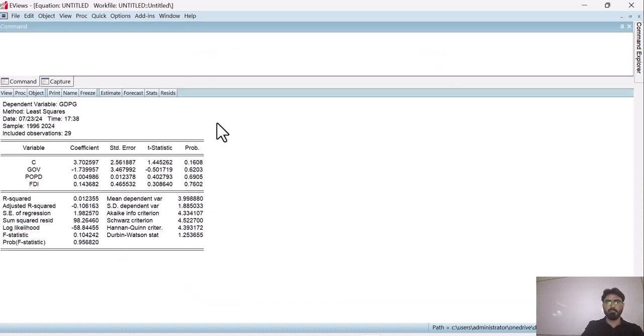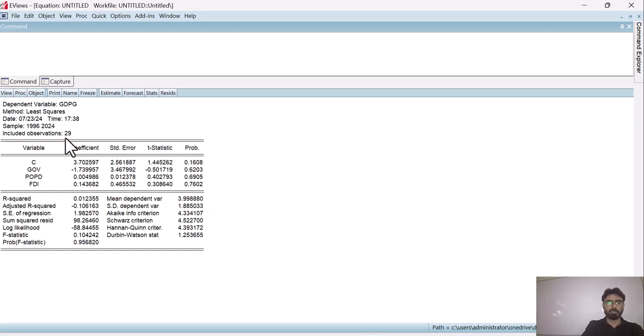When you click on OK, this dialog box will appear on your screen. Here you can see that the dependent variable is GDPG, as we gave the instruction in our previous command. Then it shows that we have used the method of least squares, and it shows the sample size and the total number of observations included in our model.